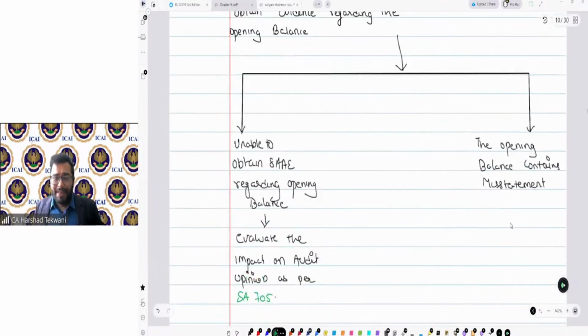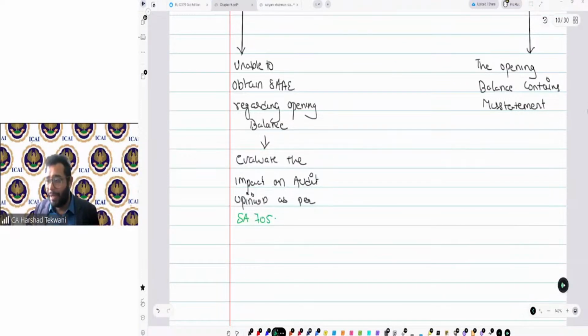Now, if I say the opening balance contains a misstatement, from there again I have two options.